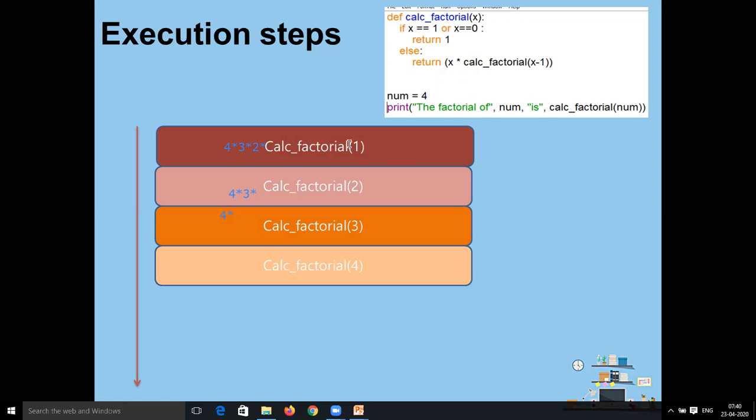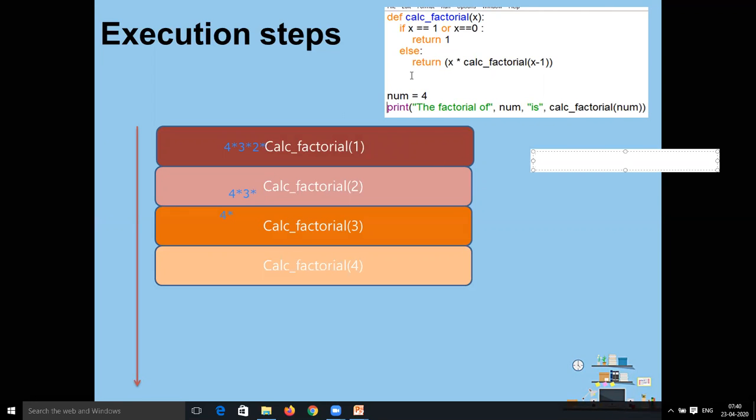Now here the argument is 1, and as soon as the argument is 1, it satisfies the base statement, and so the recursive calling will be stopped here. Now it will return back to the calling statement with the value 4 into 3 into 2 into 1, which will be executed one by one, and so we will get the output as 24.